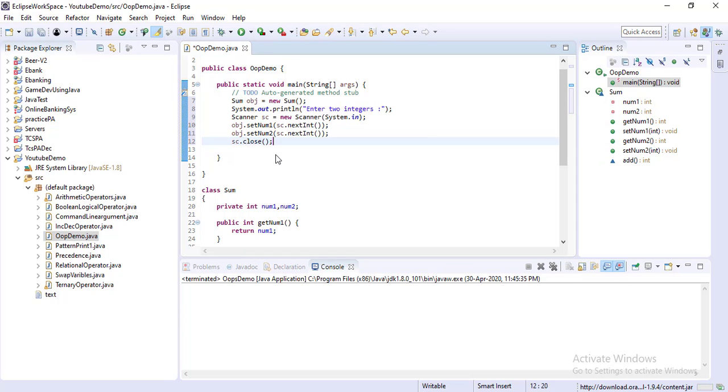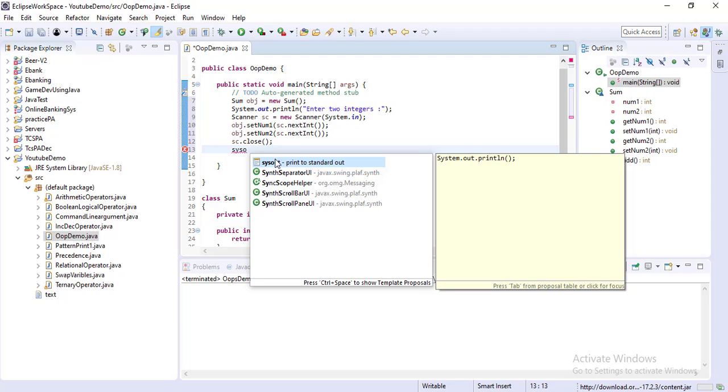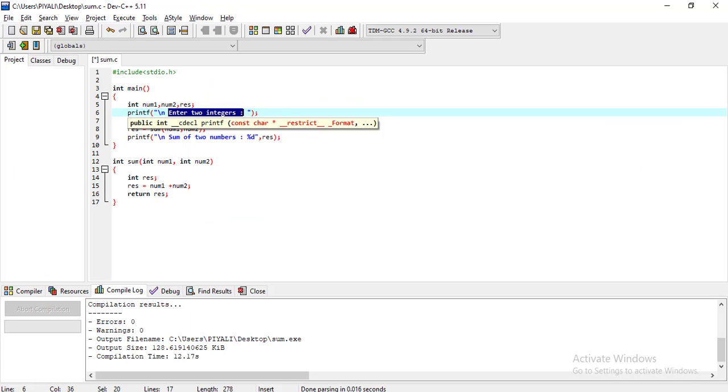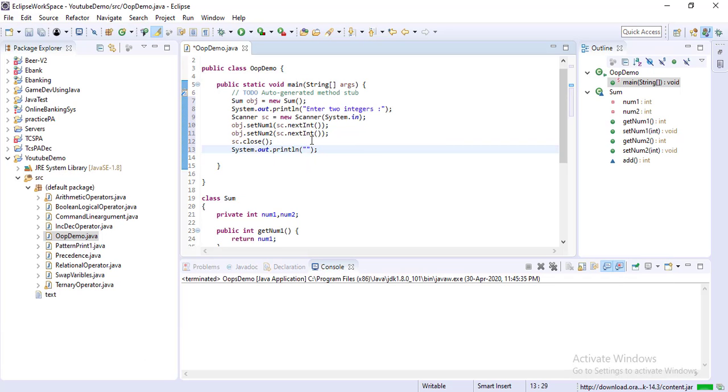And then we will print the result with System.out.println. So we will do the same sum of two numbers.